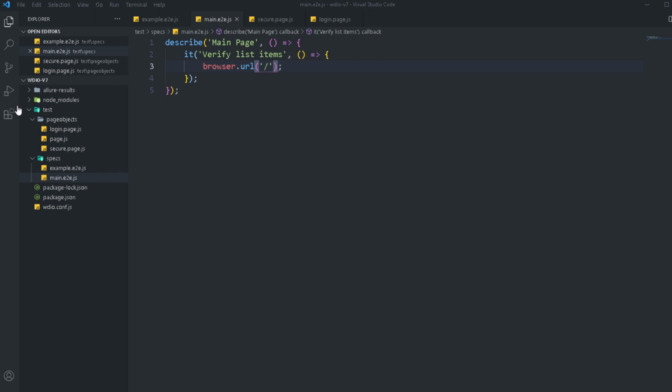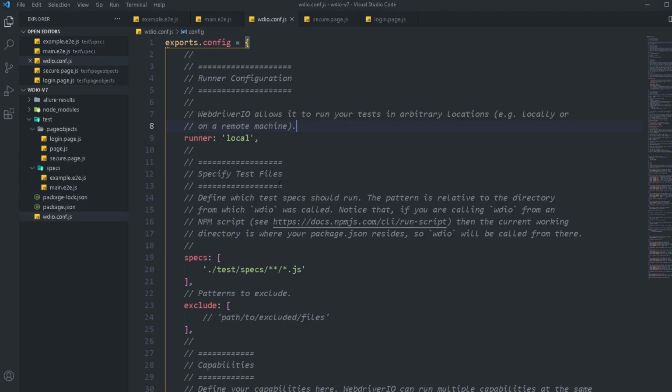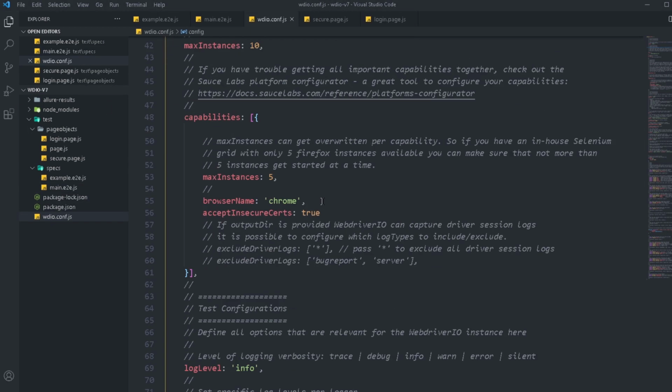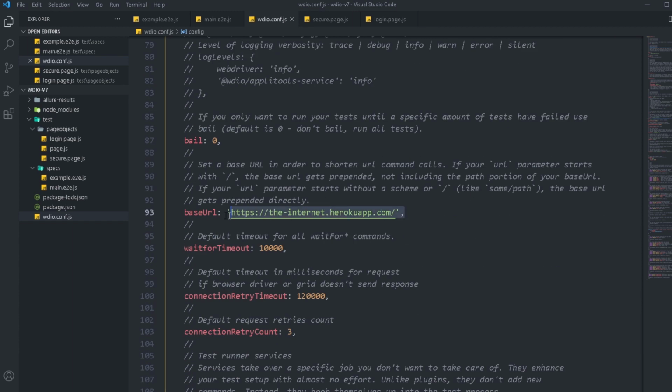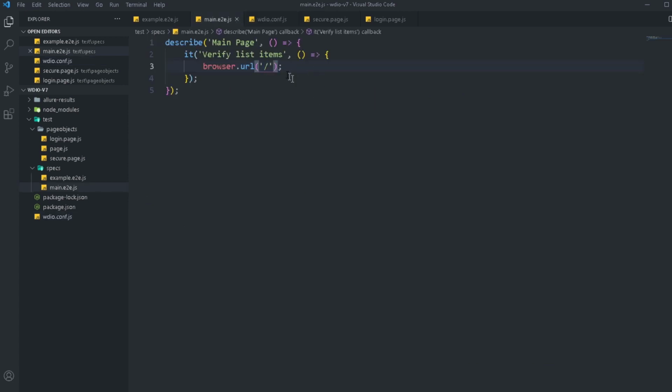What this will do is go to my configuration and take a look at the base URL, and the base URL I have is this particular thing right here. So it will try to access this base URL and see if it works. I'm just going to leave it this way by doing browser.url and a /, which will call my configuration file and check for the base URL.